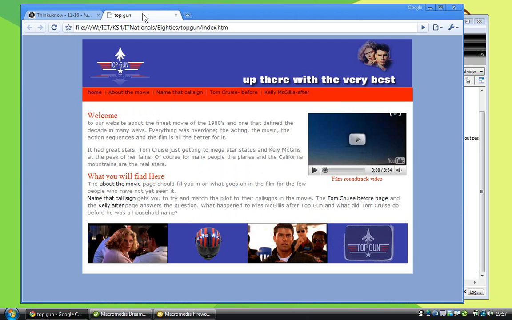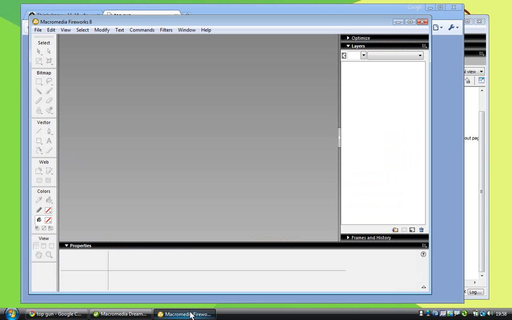We're going to have a go at doing this on the Top Gun website. So instead of having just textual hyperlinks, we're going to have a little bit of a graphical feel behind it. So the first thing we're going to do is create the button, which is just a very simple image created in Fireworks. So we do File and New,